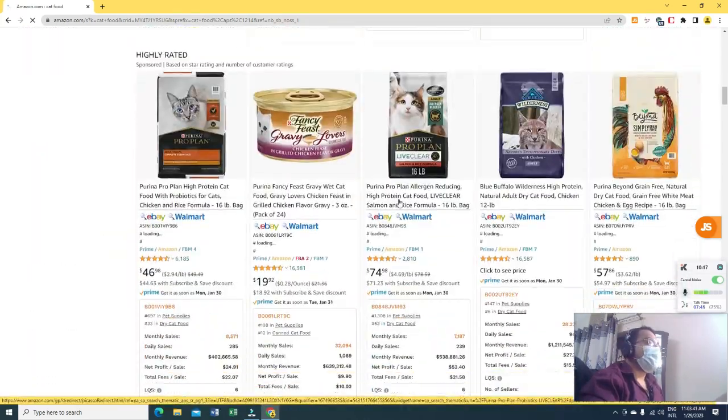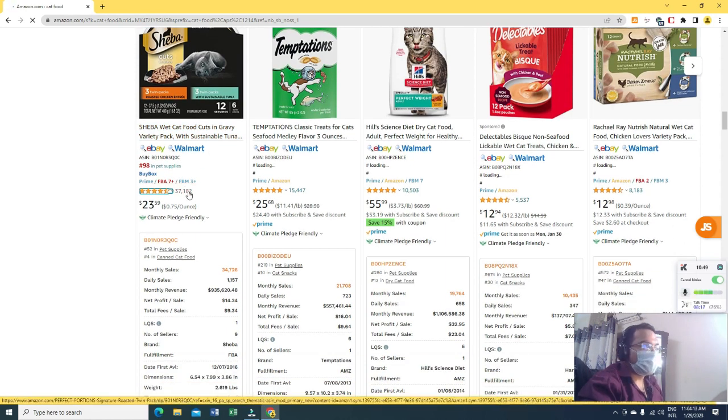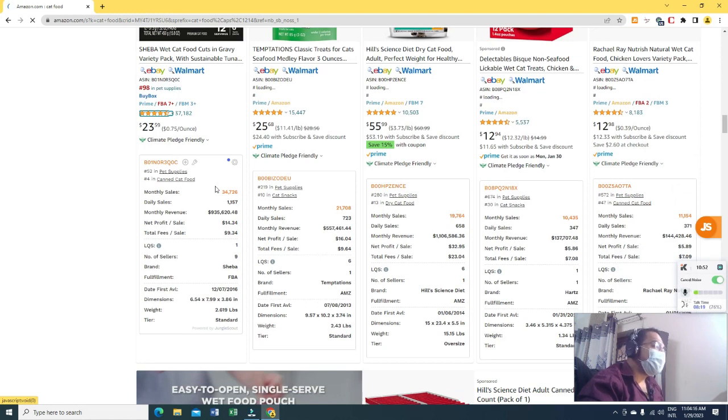So why did I choose this product? Over here, it's 98 in pet supplies, and it has the buy box. You should always have a product which has FBA and FBM, at least 4 FBA and 3 FBM. FBA should be more than FBM. This means it's fulfilled by Amazon and by the merchant both, which means the buy box is rotating. The BSR should be less than 50,000 and the monthly sales should be at least 300 to 400 or more. It's 1,000 monthly sales.